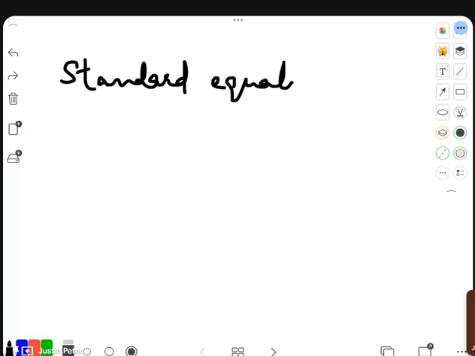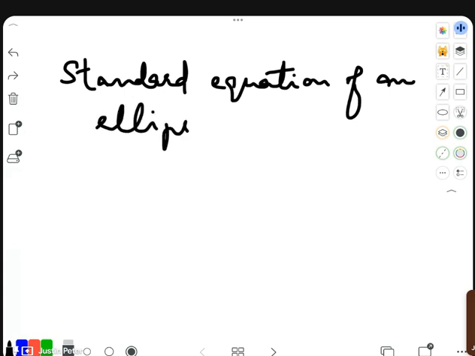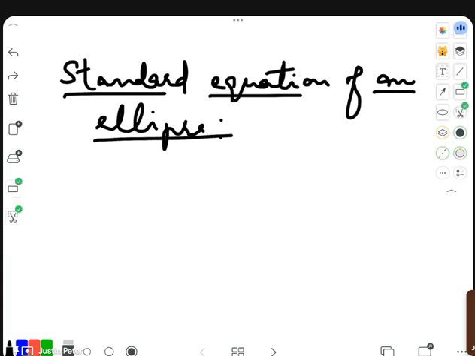Okay. Next, we are going to see the standard equation of an ellipse. What is the standard equation of an ellipse? So before going to this,